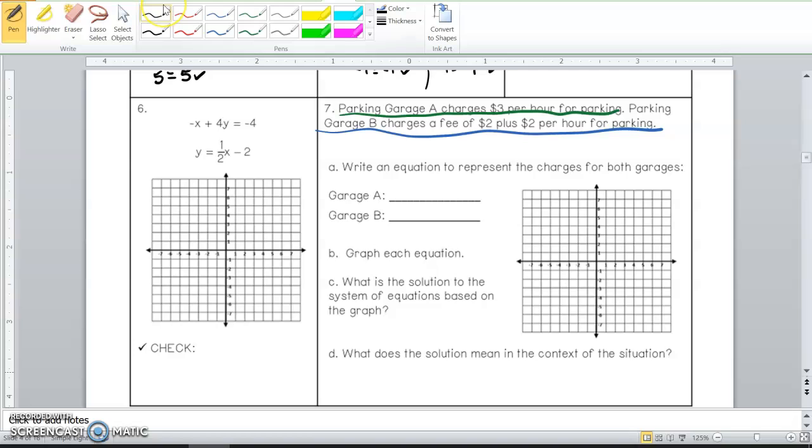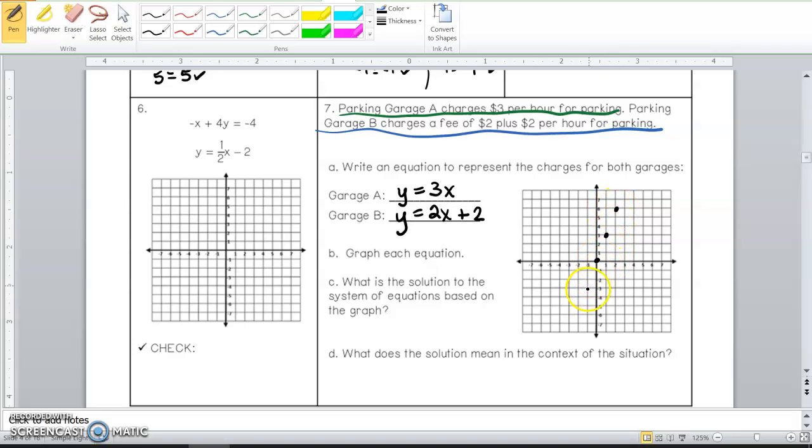The difference is that for parking garage A, however much you pay is $3 times the hours that you have parked. For parking garage B, the amount they charge is $2 an hour plus that additional fee. So if we go to graph these equations,